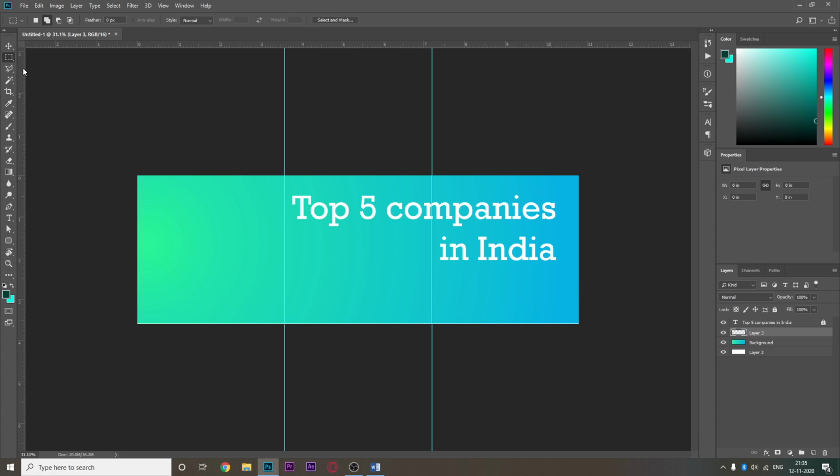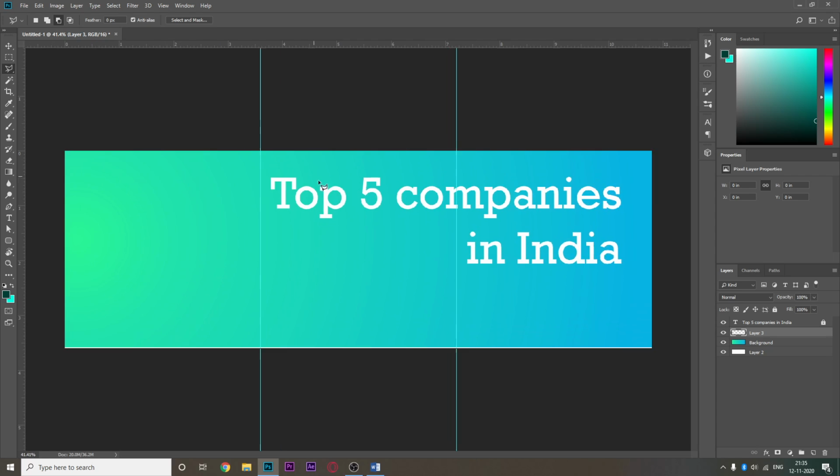Polygonal lasso tool. So the rectangular tool is a bit restrictive, wherein, okay, I want to select this, only a rectangle is coming, but I want to select some sort of shape. Obviously, you have the elliptical tool wherein you can select ellipses and circles. If you press shift, it will become a circle. You can select these obviously, but I don't want that. I want proper shapes.